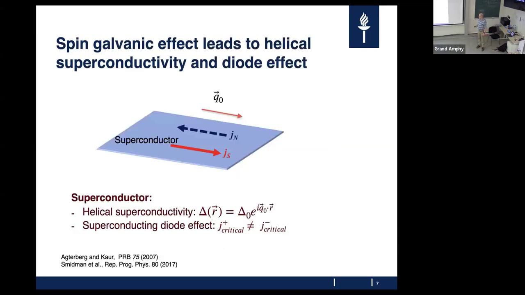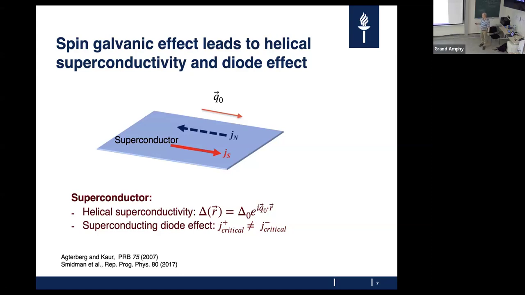Okay, so briefly about the spin galvanic effect, because there are many names for this. I just try to make sure that you kind of get what it is. It's this generation of the spontaneous phase gradient in the absence of supercurrent in the superconductor. It's also called helical superconductivity, and it has a connection to the superconducting diode effect that has been discussed quite